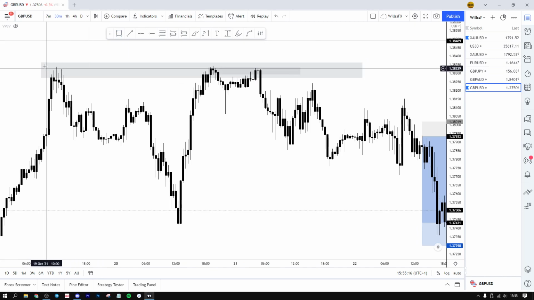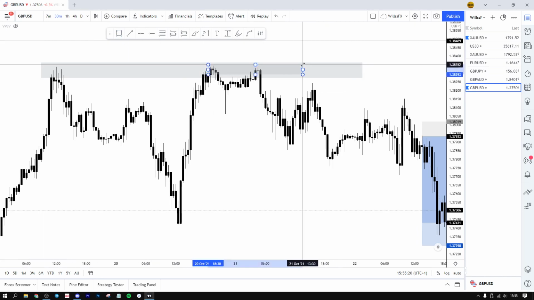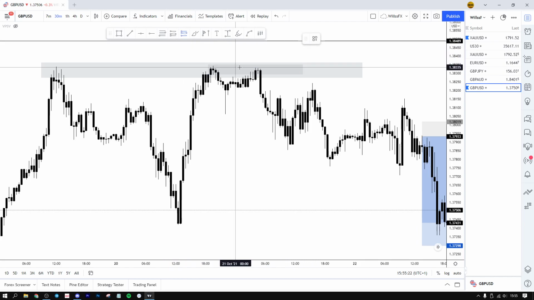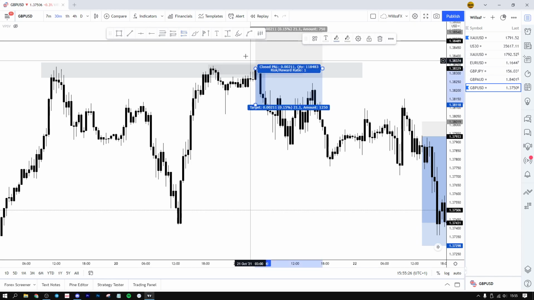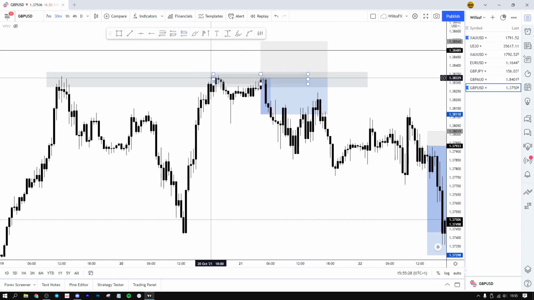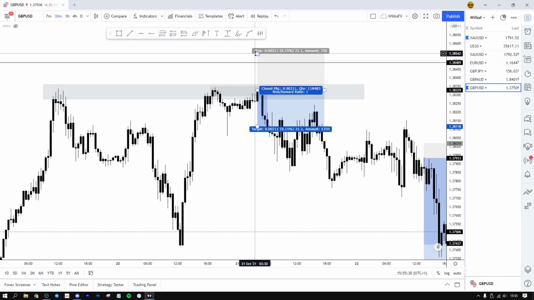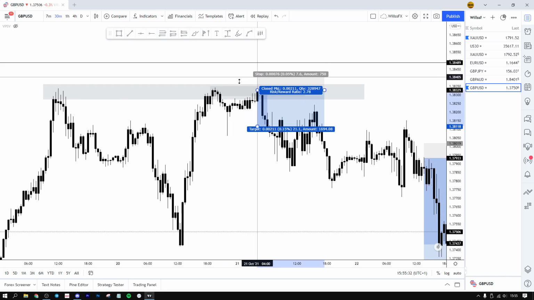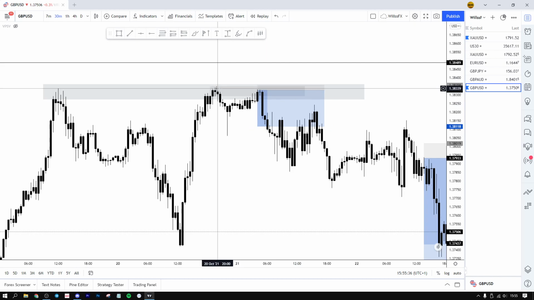you can see inside the liquidity area we've got the order block, and the way I get the tight entries is setting a limit in line with the top of the order block. So you have the top of the order block here, you set a limit there, and the way you get tight stop losses is to put your stop loss just above the wicks, so you know that if price breaks above this, then the order block is no longer valid, and price could continue higher to the next